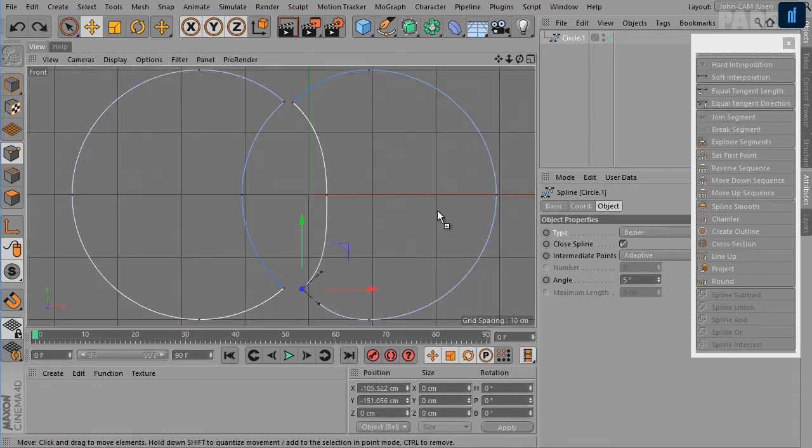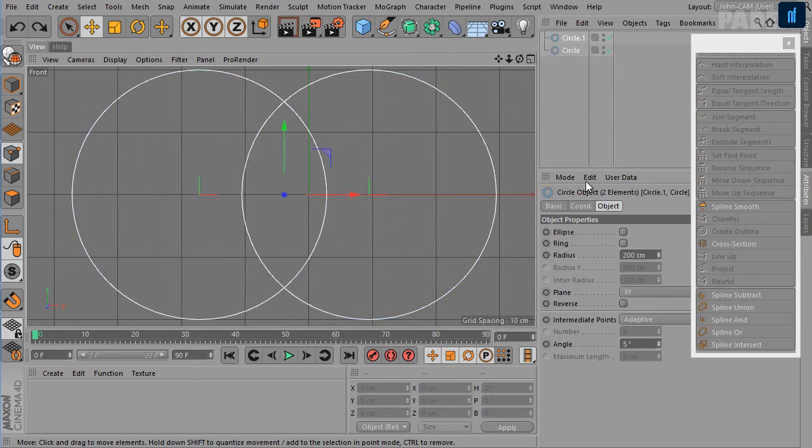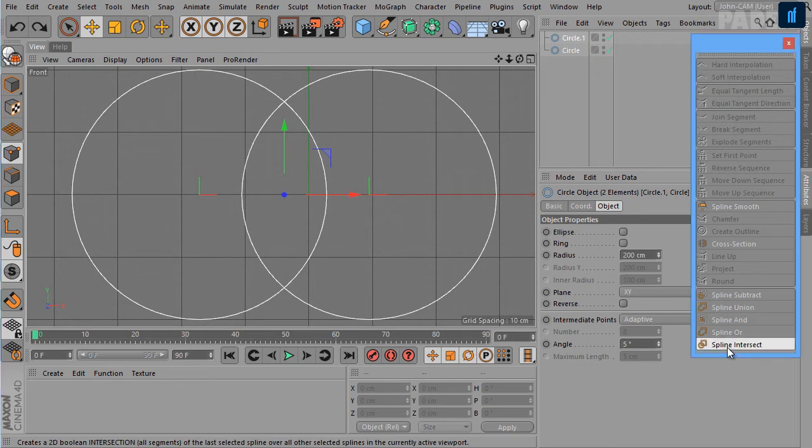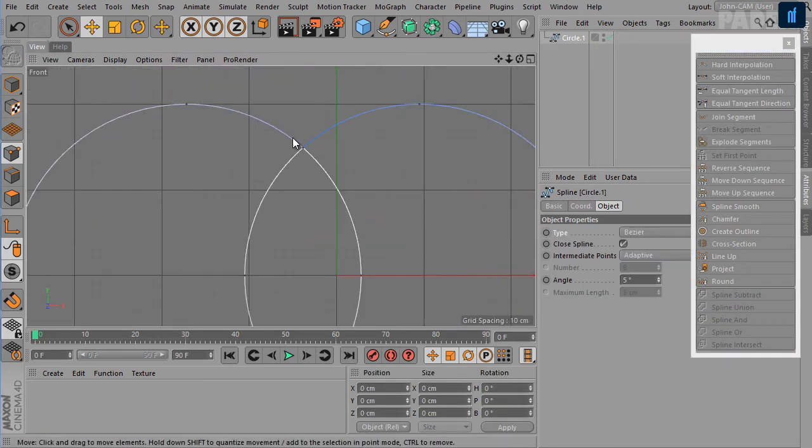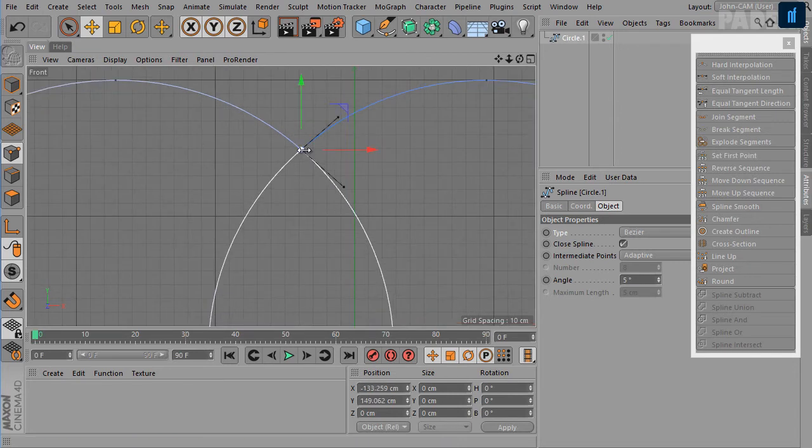Likewise, let me undo it a couple of times. The last command here is spline intersect. So select the splines and apply this command. Again, we have to move these points in order to see the actual effect of this command.